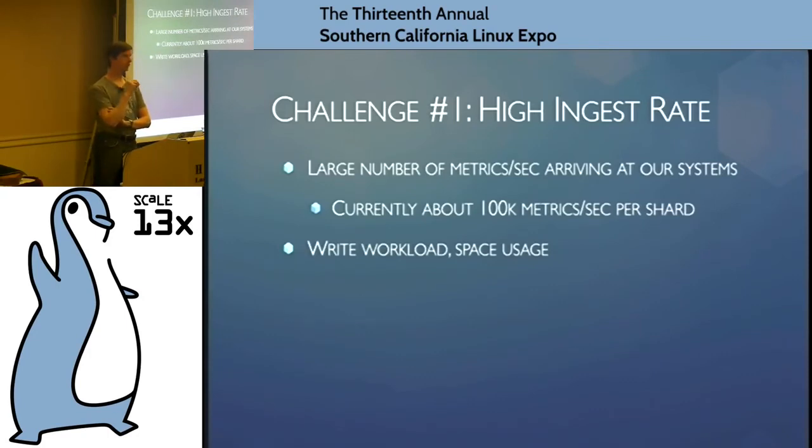But we still get a large number of metrics arriving in our systems, very large. And that primarily comes from the combinatorial explosion of query-based and process-based metrics. So currently, each shard handles about 100,000 metrics per second. That's very hard to achieve with MySQL if you're writing all of those things separately, which is why we batch them. We batch them going into Kafka, we batch them coming out of Kafka, and we batch them going into the database, as I